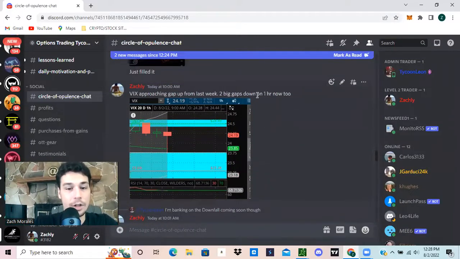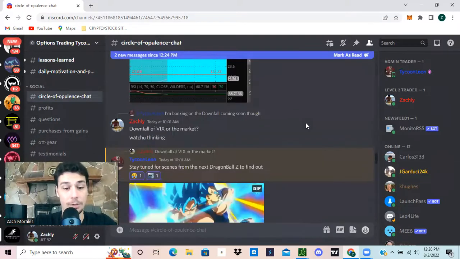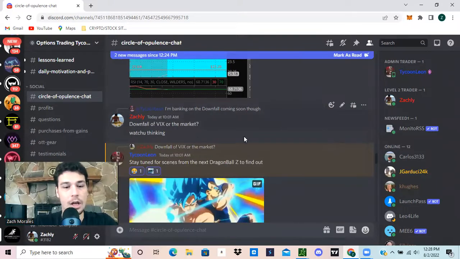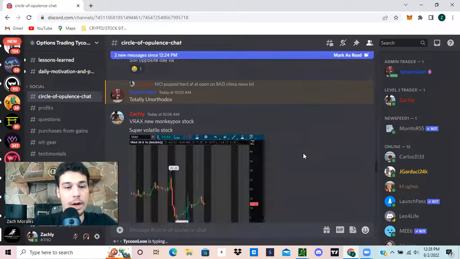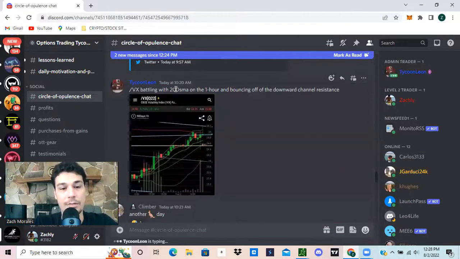Then I go over the two gaps. We have this gap up to fill, and then two big gaps down on the 1 hour now, too. And we just joke around a little bit in here. We trade, and he's saying VIX is battling. This is the VIX futures. /VX battling with the 200 SMA on the 1 hour and bouncing off of the downward channel resistance. Right. So